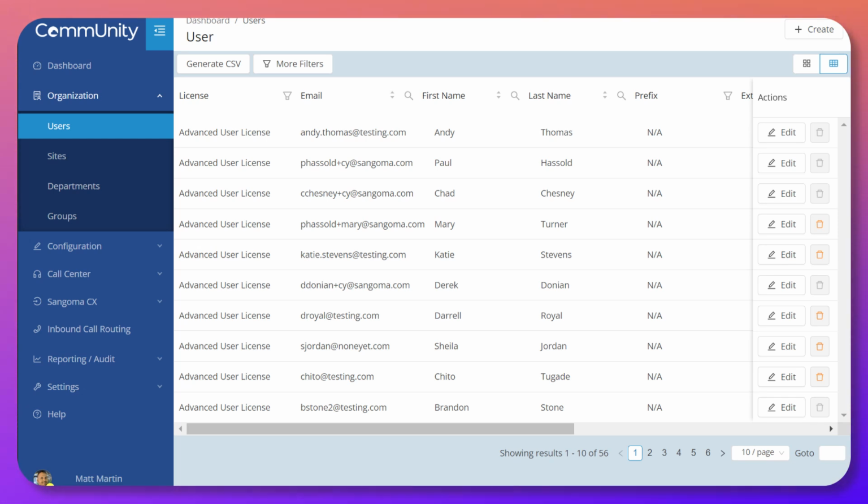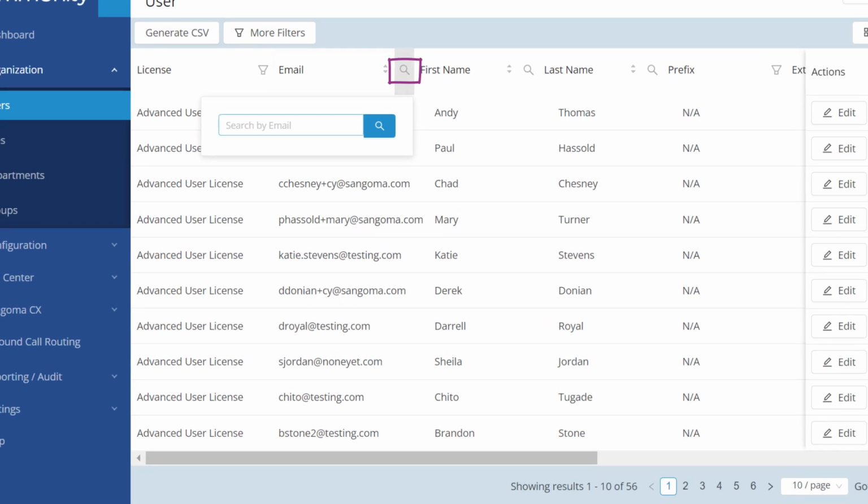If you're looking for specific information, such as a user or a reference to a site, department, a DID, or anything related to the user, there are a few search and filter options to drill down further. Search options are denoted with the spyglass icon in the row's header where applicable, and will search through the entire row for the results.